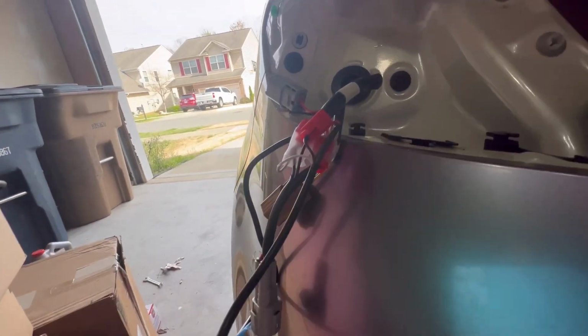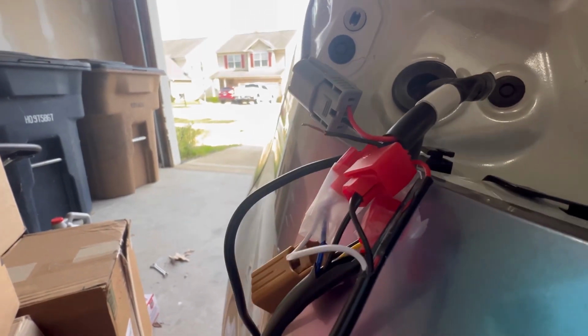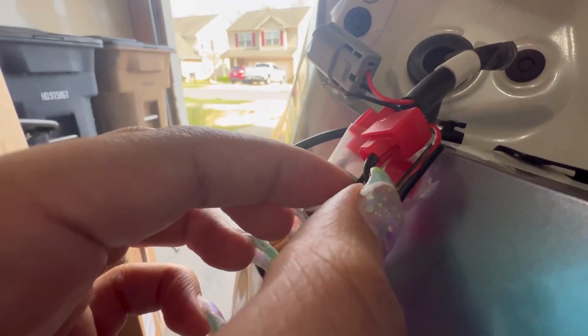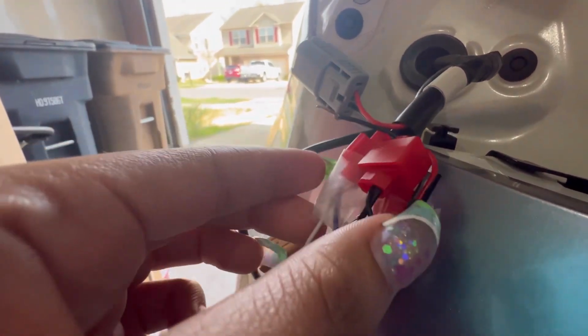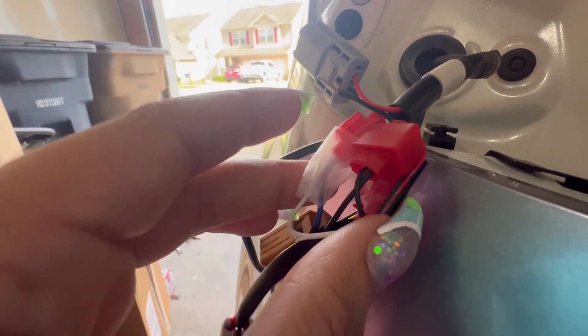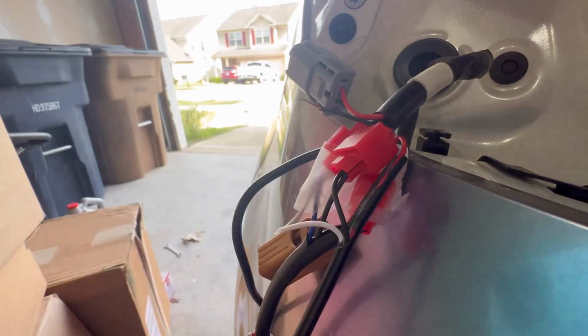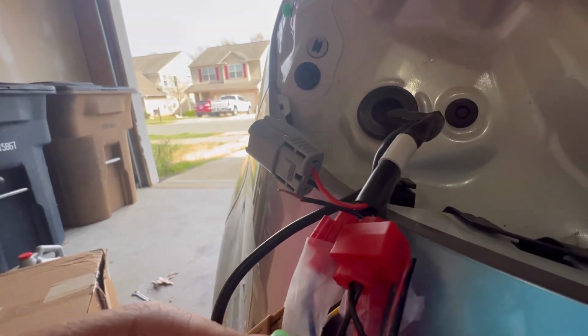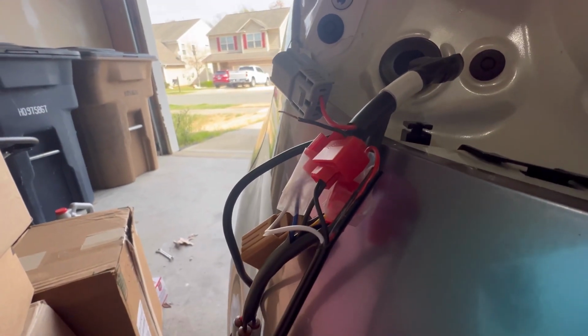Okay, I'll be honest. By now I'm a little pissed. So the tips of these do not stick inside of the wire connectors. You're gonna have to splice it somewhere down, like move this down, splice it somewhere down, and that's making it stick. But these, there's tape on them just because they're sticking at the top. Dealing with these things is so annoying. But they are stuck in there, so honestly, I might just leave them like that until I order,